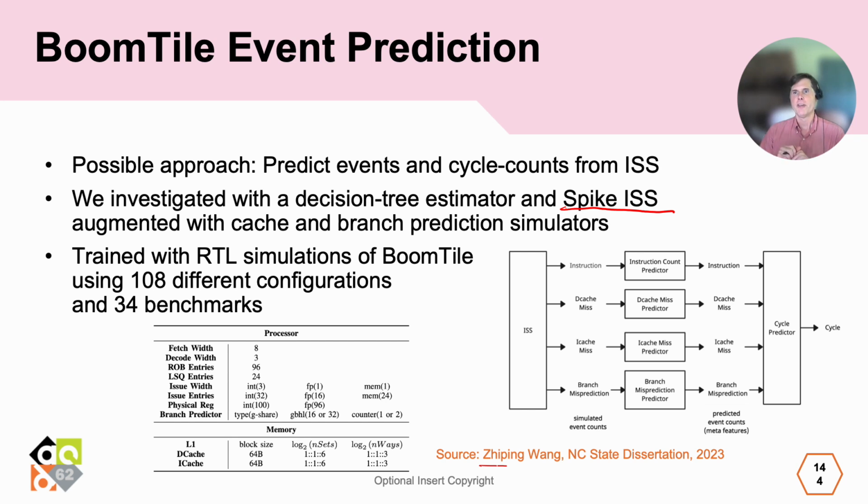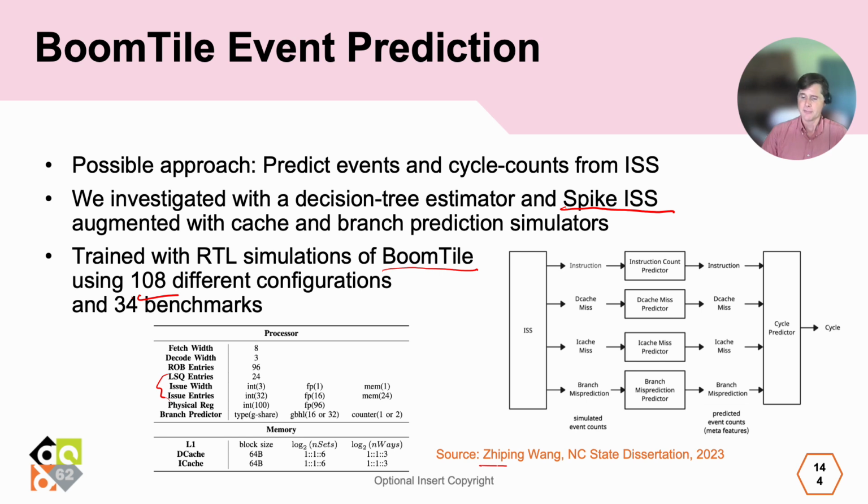augmented it with cache predictors and branch prediction simulators, just to see how well he could predict the number of other events just from that instruction trace. So then he went and did RTL simulations of Berkeley's BOOM tile using a whole bunch of different configurations, 100 different configurations for things like the issue width, physical register file, branch predictor sizes, and cache sizes to see how well he could predict the